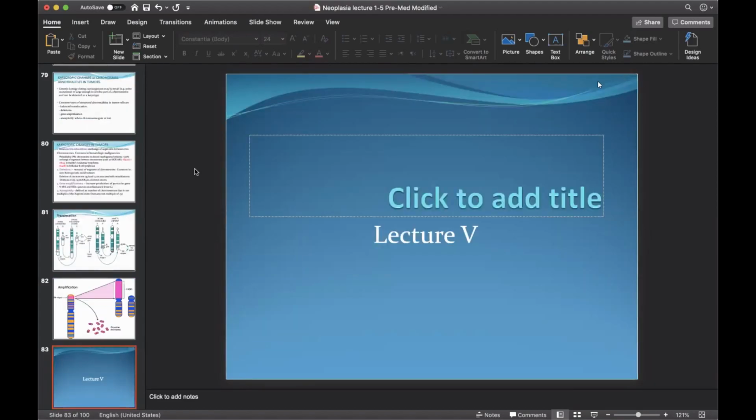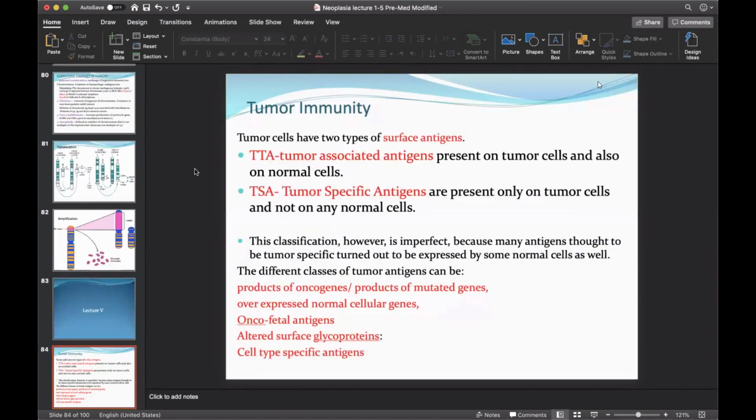Okay. Right, lecture 5, tumor immunity. Tumor cells have 2 types of surface antigen: either TAA, tumor-associated antigen, which is present in tumor cells and normal cells, or TSA, tumor-specific antigen, which is present only on tumor cells. This is what we think. But sometimes what we think is TSA and only expressed on tumor cells can also be expressed on normal cells. So this definition is not accurate, but this definition is very important for us because